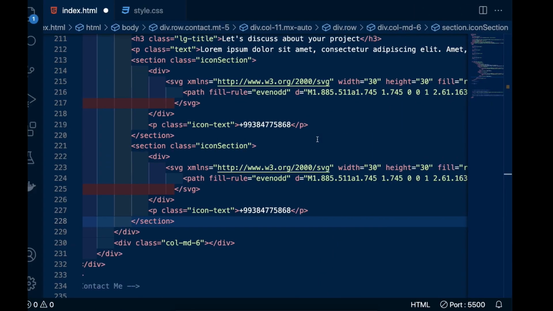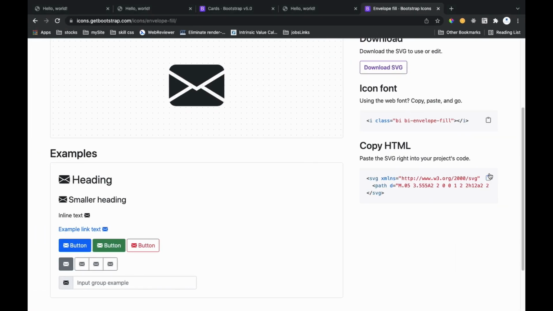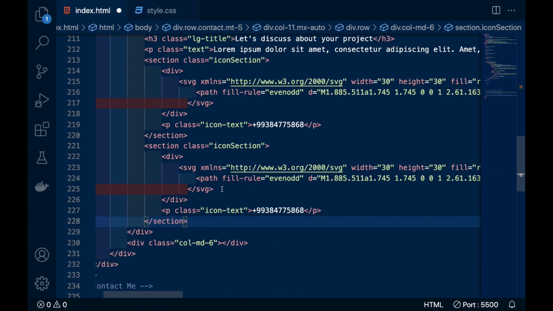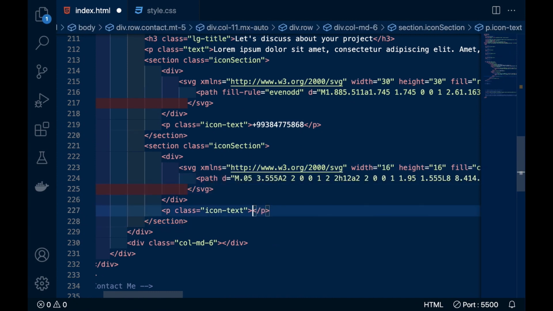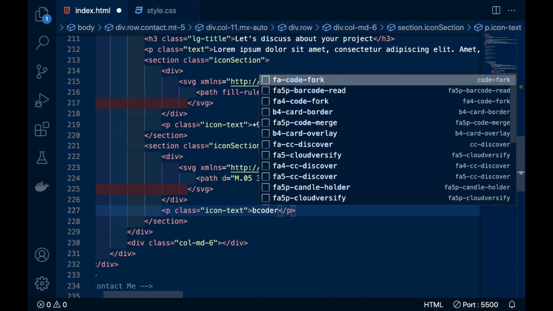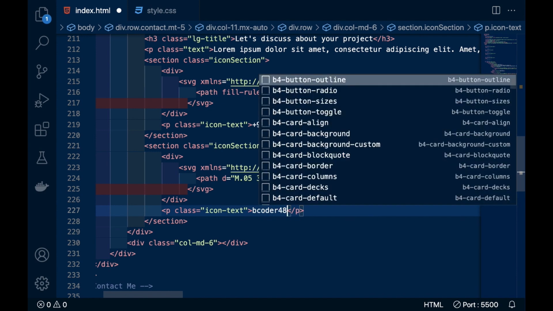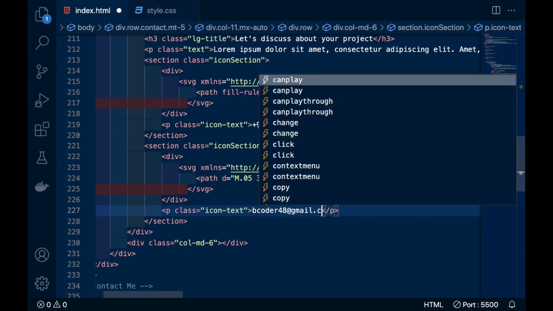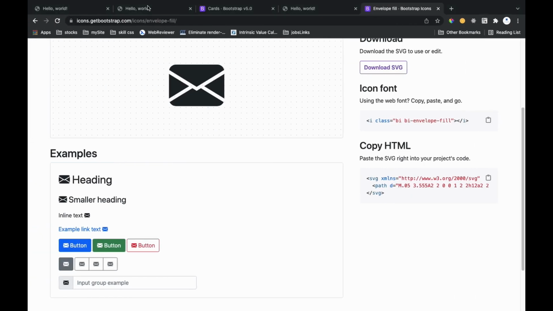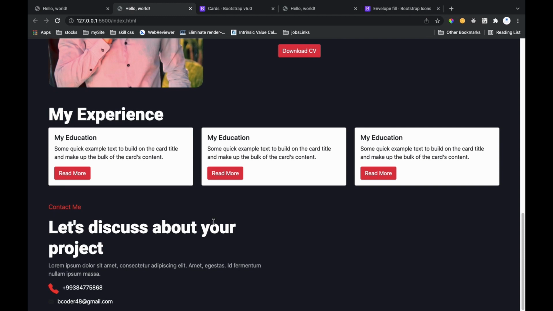Now go to the Bootstrap website, change this SVG and change this number to any email you write, like my mail, and just see.